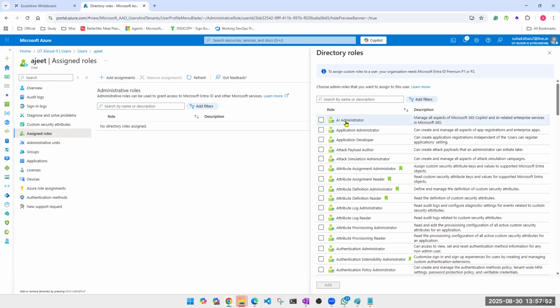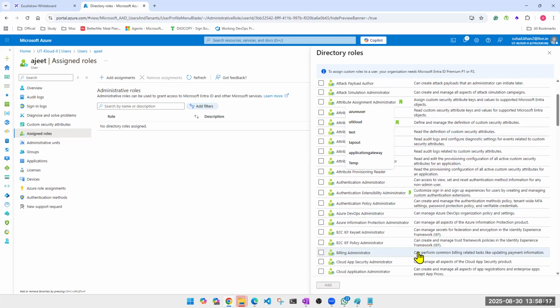Look at this. If you have AI administrator, what it will do, read the description. If you have application admin, what it can do. If you have application developer, what it can do. At least remember 4 or 5 of them, right? These are the recently added roles. Global admin, global reader, user administrator. These 3 you must know. Apart from that, at least remember 1 or 2 of them, and you should be able to explain them. So whenever they ask you whether you know anything about Active Directory roles, you should say these 3 plus, look at this, Azure DevOps administrator, billing administrator. At least remember these roles. You just have to go here and read this definition, and that's all you have to say in your interview.